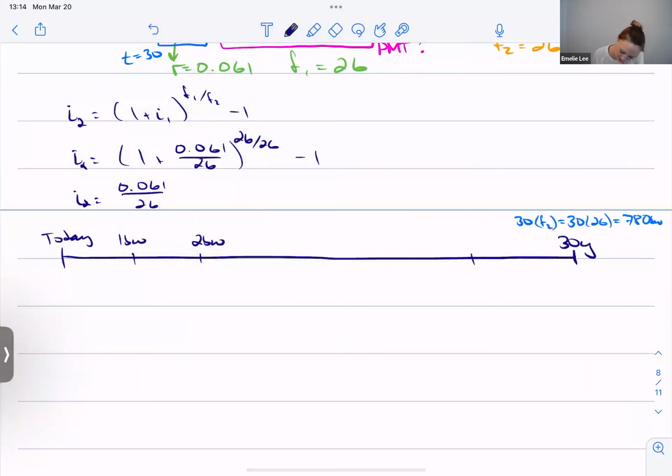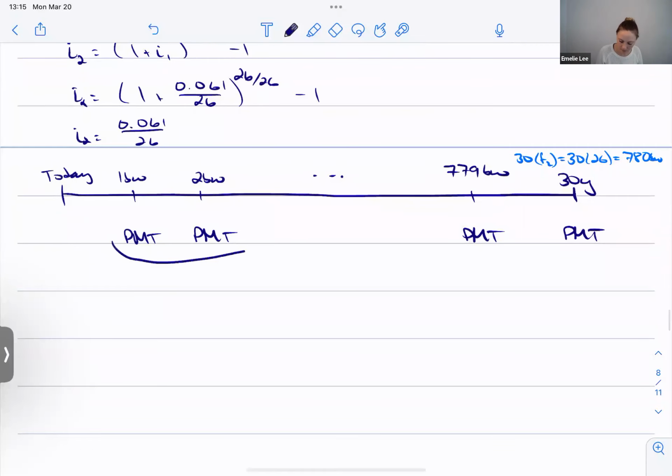Which means the second to last one is 779 biweekly, right? Because when I draw my timelines, I want the first 2 after today, and then the second to last one and the last one. That's all you need to show me. You're welcome to show more, but there's no reason to really. And we want to find the payment amount, PMT, PMT, PMT, PMT. And these are all going to pay off, with interest,